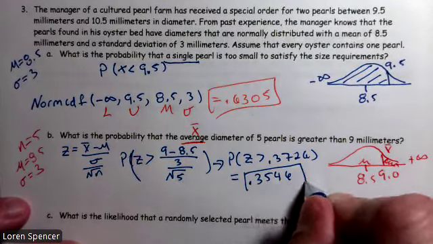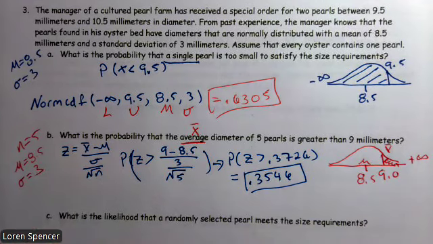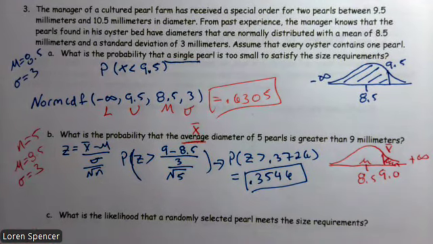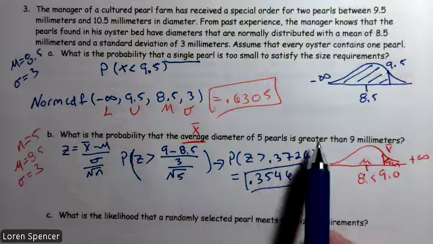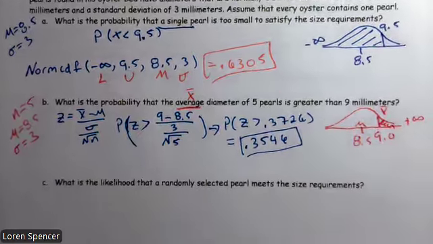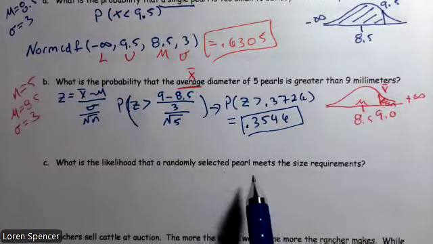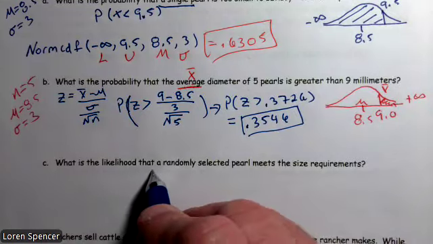0.3546, and that's the answer we're looking for. There's about a 35% chance that the average pearl size, if you had a group of 5, would be greater than 9 millimeters. All right. What is the likelihood that a random